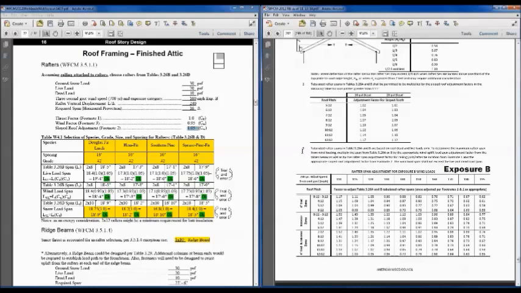Then footnote 3 in our workbook, for exposure B wind load conditions, gives us the wind load adjustment factor on those rafters. As we've mentioned, 160 miles per hour puts a pretty good wind load on the structure, whether it's direct load into the structure or suction load out of the structure. This adjustment factor allows you to modify your live load rafter span to account for that wind loading condition. Again, there's a lot of calculations behind this little table here. We don't have time to go into all the background for it, but for an exposure B, 160 mile per hour zone,